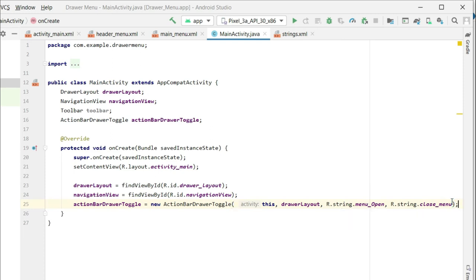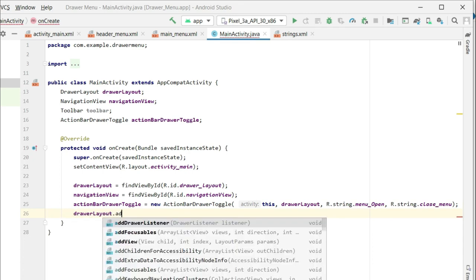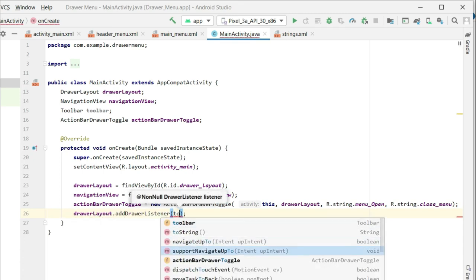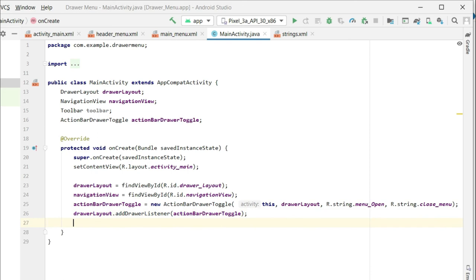So now let's add this toggle bar to our drawer layout. So we have synced the state of the action toggle bar to this drawer layout.